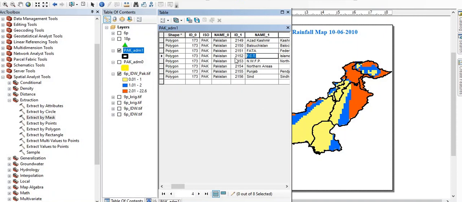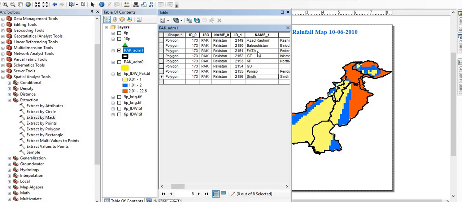And if FATA is merged in KPK, then we can also merge it. So Islamabad can be written as Islamabad Capital Territory, and NWFP is now KP, and Northern Areas is now Gilgit-Baltistan, Punjab and Sindh.